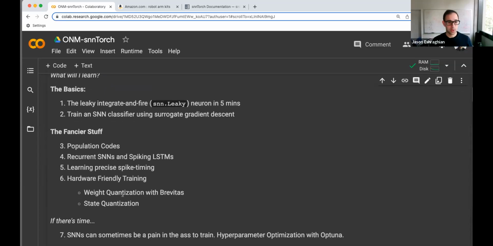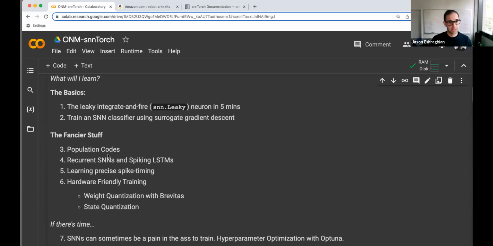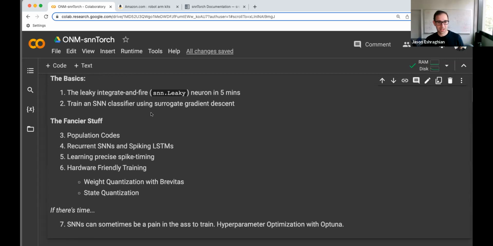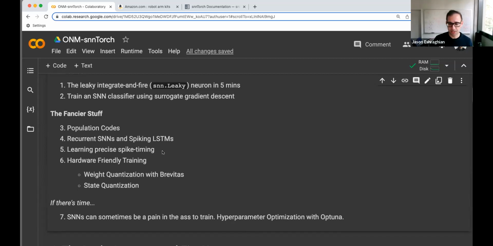As a quick overview of what we're going to talk about today: the basics, and I'm hoping I can grind through this super fast, but just the leaky integrate-and-fire neuron and how to use it. Secondly, we're going to put a bunch of leaky integrate-and-fire neurons and a bunch of PyTorch layers together and train them using surrogate gradient descent, where we are hopefully somewhat familiar with the non-differentiability of spikes, and we use surrogate gradients as opposed to exact gradients, because otherwise no training would really take place. Once we cover all that ground, we'll look at a couple of fancier things that are enabled in snnTorch.